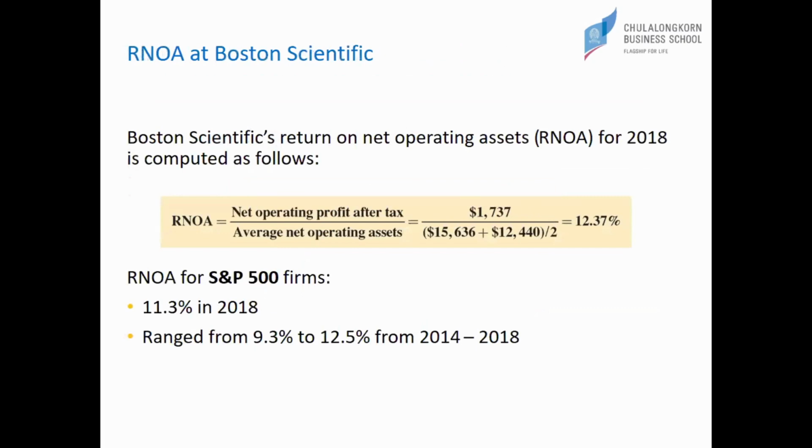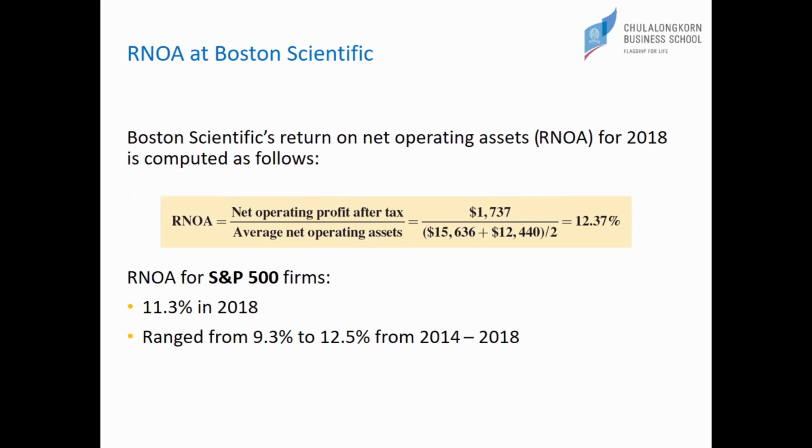So let's see this using the Boston Scientific number. Somehow I noticed that this number is off by $1 million, but there's a lot of typo, but it's a very small number, so you can just disregard it. Okay? It was originally 1,736, I believe. Somehow it shows the 37 here. Okay? Anyway, this RNOA is